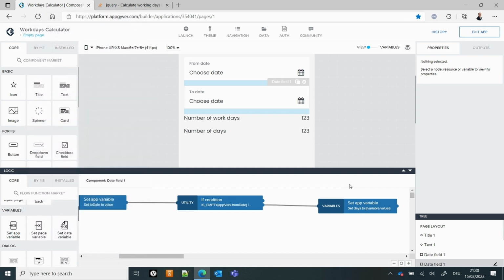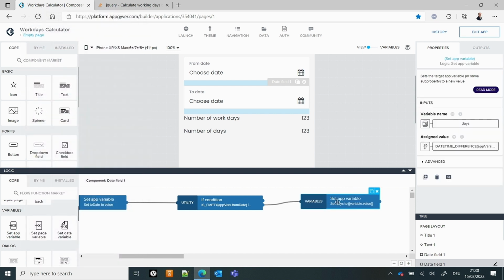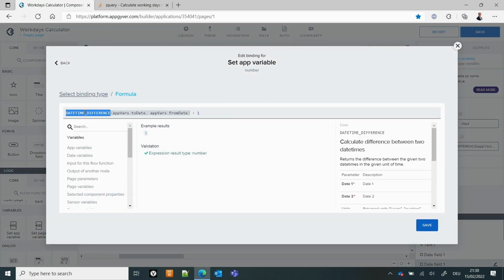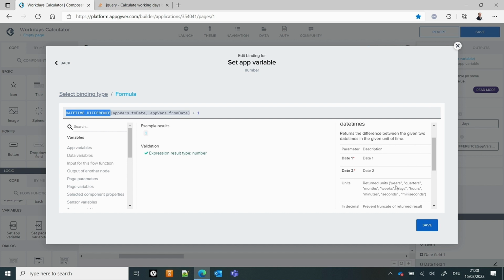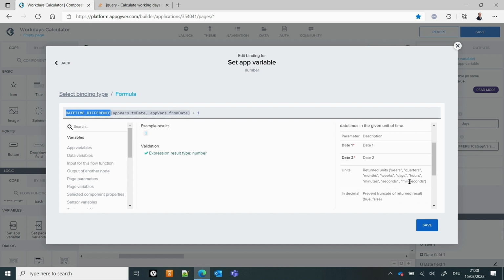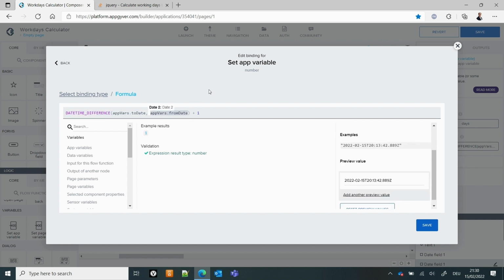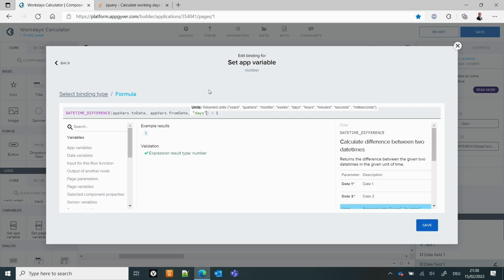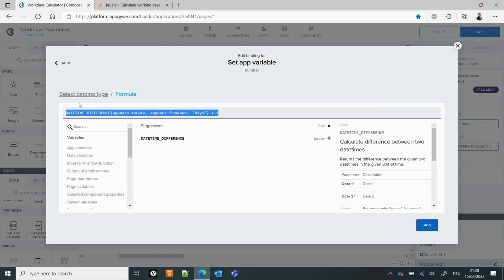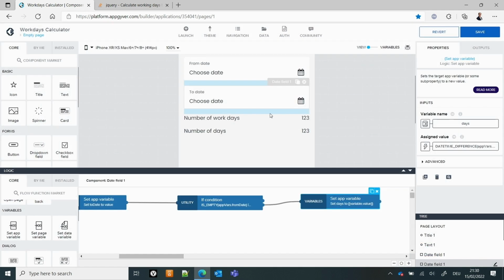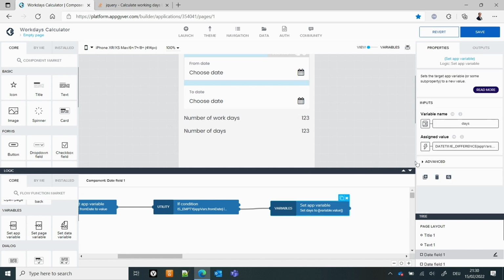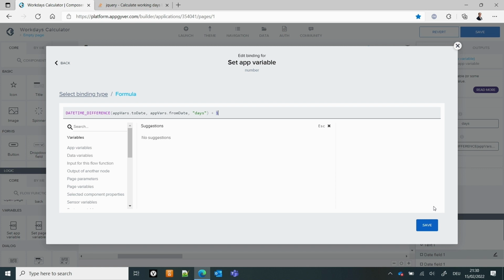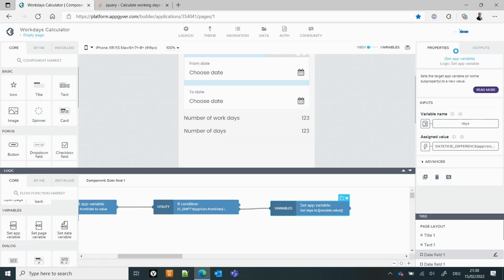So we go back into our calculation, and if you look here, there's actually how it returns the unit, and we have a default one, and I think the default is milliseconds, which I don't want. I wanted to go back to days. So I'm going to get days back. Let me copy this because I want to do it also for the other one, and I just copy and paste a similar kind of idea. And now it's in days. So if I now press save,